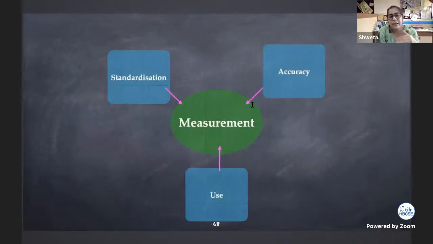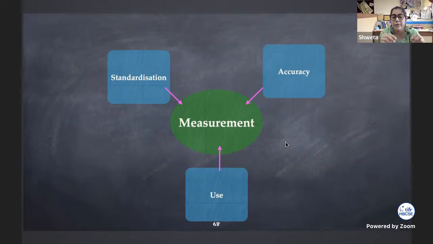Yeah, so the point I tried to make today was that in measurement, we saw three things. We saw standardization, we saw accuracy, and we saw how it is used. So these are three perspectives of measurement. There are immense efforts and science going on to make measurements universal. There are immense efforts going on in mechanics, figuring out things to maintain accuracy. But then when we use it, there is this social context that comes into play. And the social context is not only that this is humanly used, but the context of profit and loss, context of